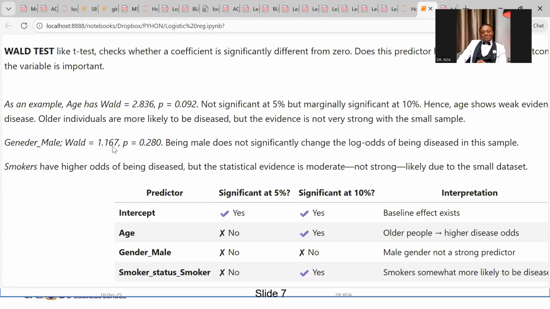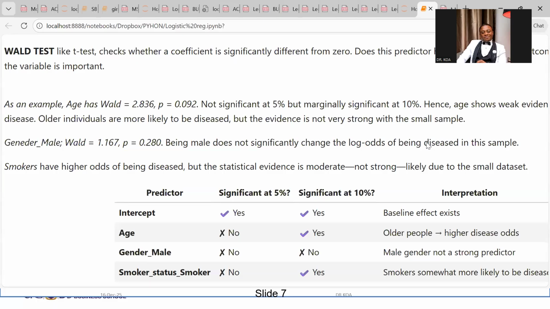But it's positive. So the fact that it's positive, we can say that being a male would potentially have generated disease. You're more likely to be diseased if you're a male than a female. But it is not significant at all. So we'll say that being a male does not significantly change the log odds of being diseased in this particular example, because it's not significant. Finally, this is our interpretation